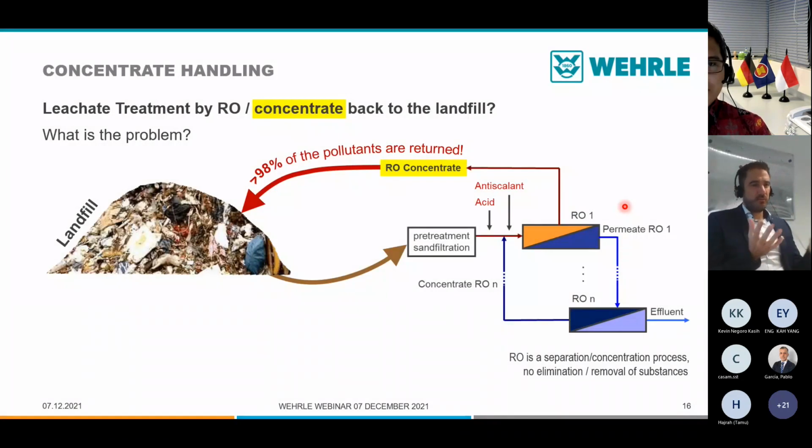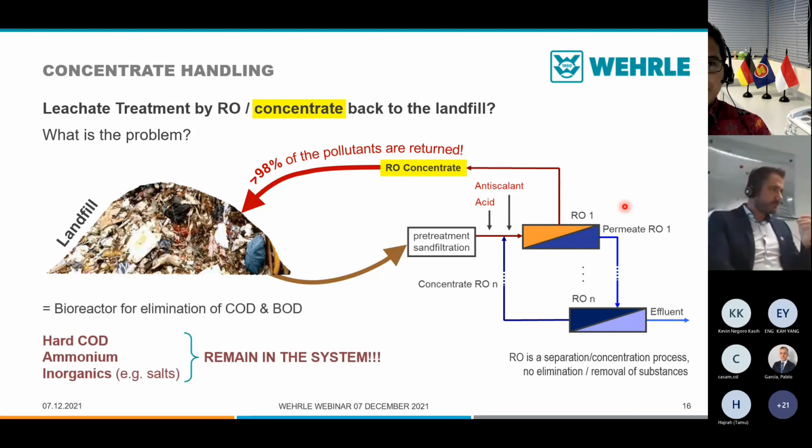So, but then what is the disadvantage of a reverse osmosis? The client must spend a lower budget than for a biomembran, and of course, the permeate, the clean water of reverse osmosis, is really, really clean and pure, and is also salt-free. The big disadvantage of a reverse osmosis is the concentrate handling, because a reverse osmosis process does not eliminate the contaminants like a biomembran system